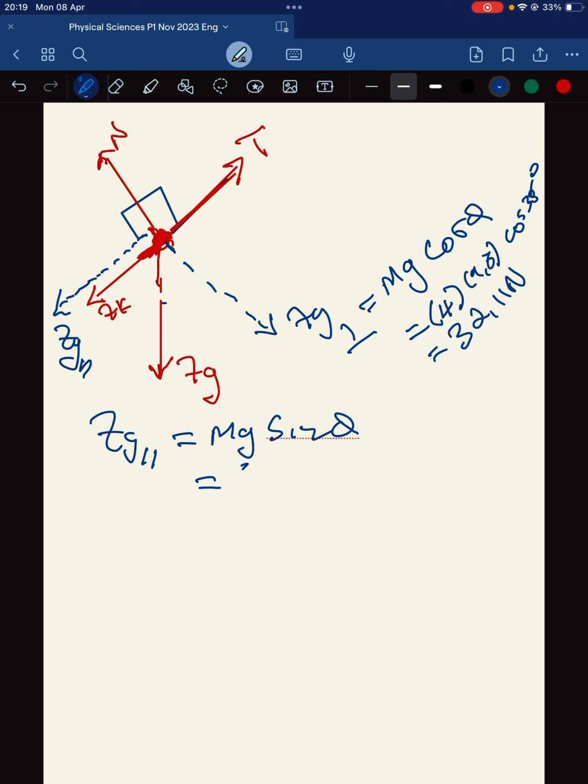This will be the mass, which is 4 times 9,8 times the sine of 35 degrees. That is